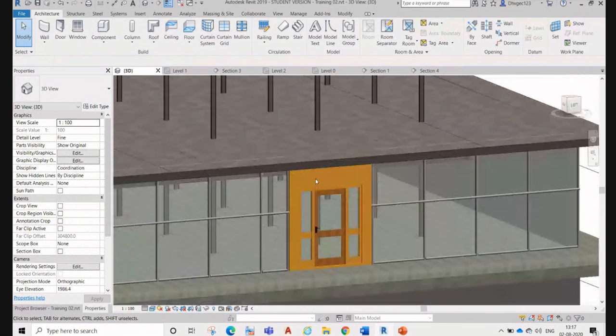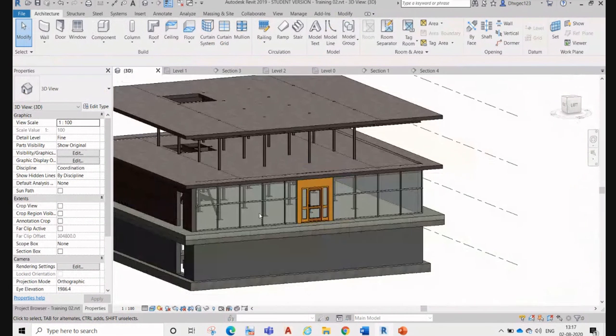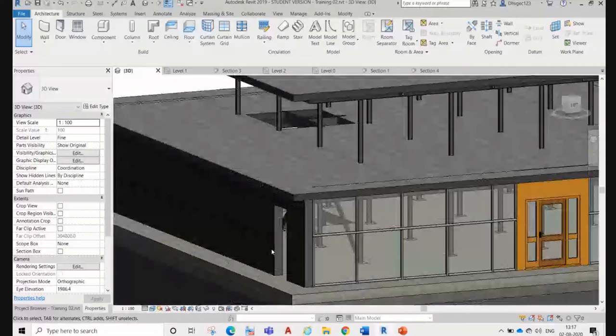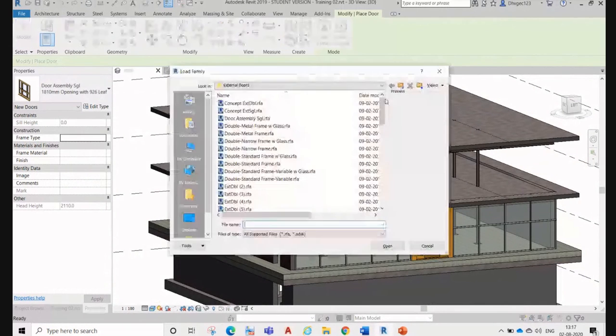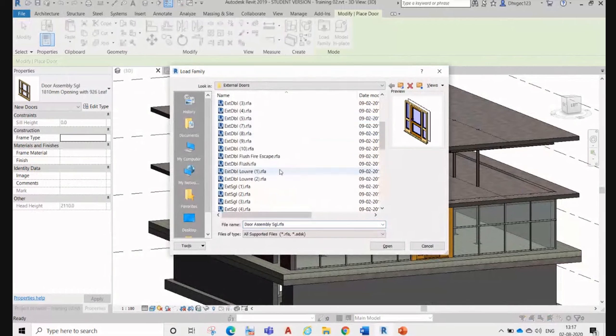Like this you can just change your doors, or you can just put doors. Like here you want to put another door, you can just go to door and load family, external door.